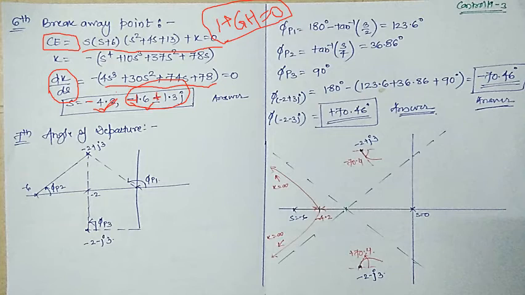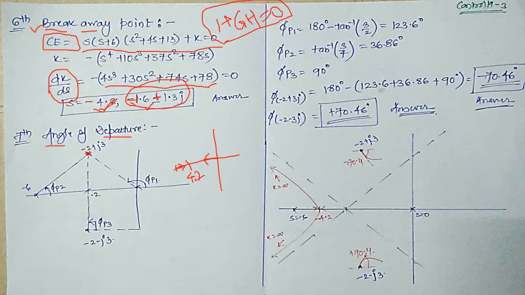That means what? One of the root loci will start from s equal to 0 and the other will start from s equal to minus 6, and they will coincide at minus 4.2. So this is the meaning of breakaway point. Okay, again all these names are very intuitive in nature, so if you understand the meaning of these terms, then you can easily correlate with the given idea. Then the angle of departure, why is the term departure used? Because you have only poles, and from the poles the root locus starts. So that is why the departure term is used in this case.